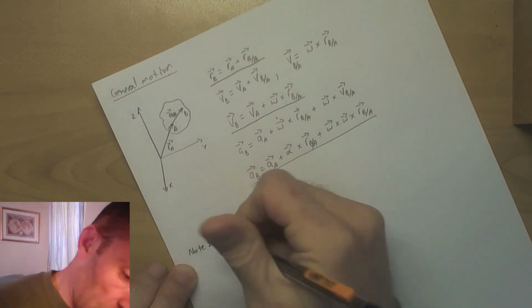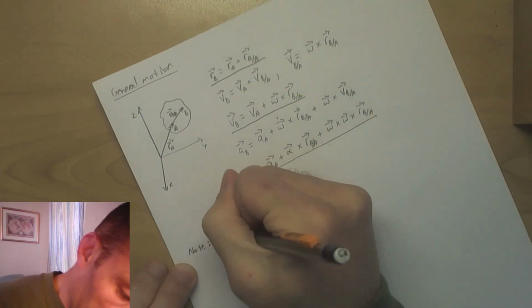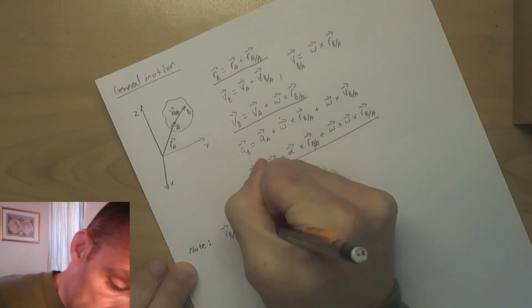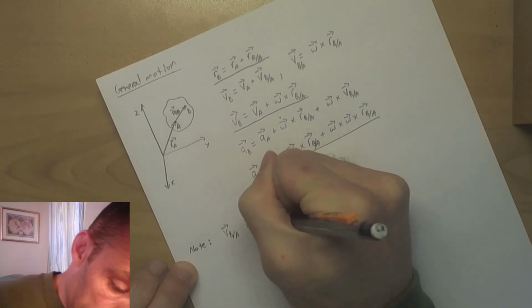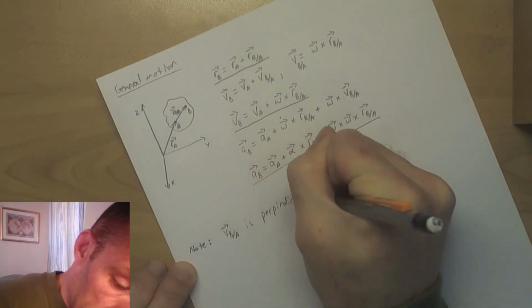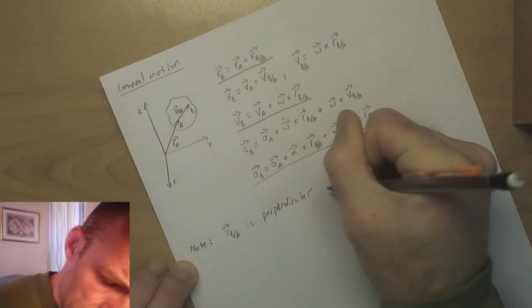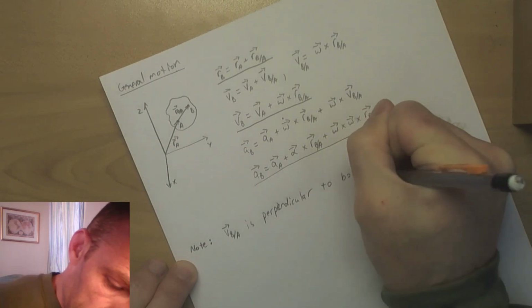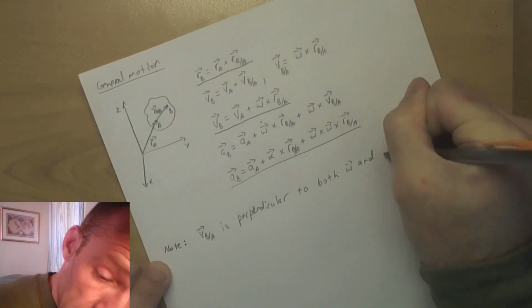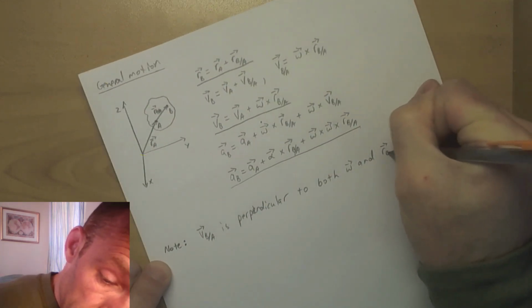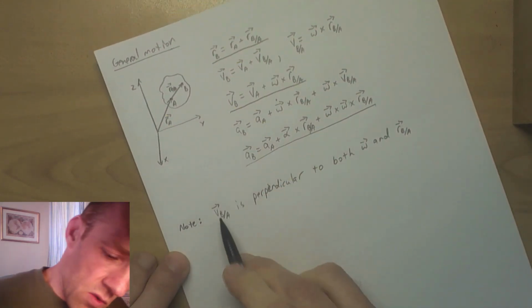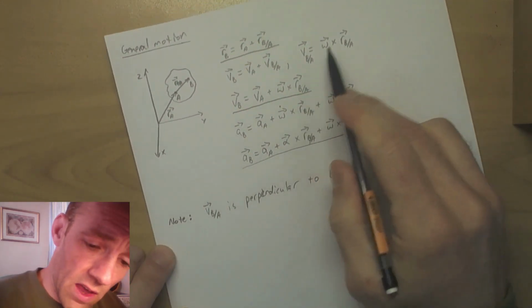Therefore, I know that the velocity of B relative to A is perpendicular to both,